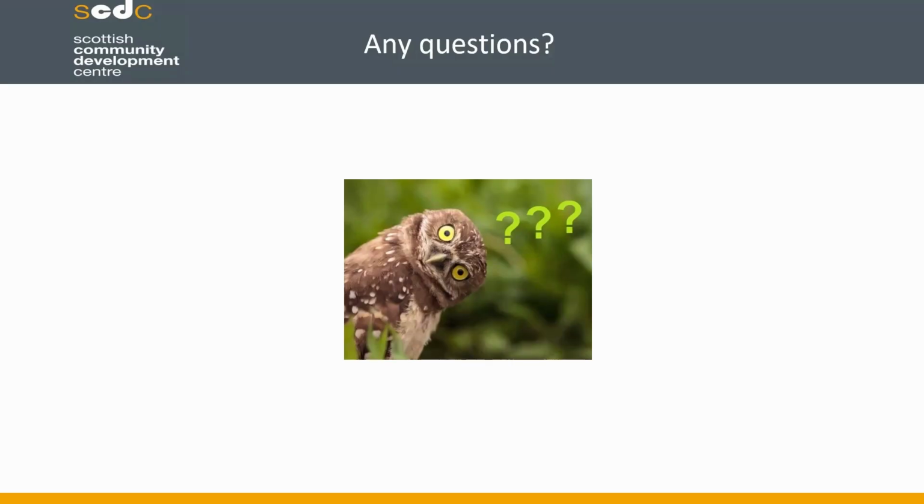Absolutely. So in terms of people's stories, I absolutely agree. It's very important that we protect people's safety in that space. There are some fantastic resources. A couple of years ago, SCDC and the Poverty Alliance worked together on a fantastic community research project called Knowledge is Power. And we'll send you the link to these resources afterwards. It has a lovely 2 or 3 pages on story dialogue, which is one of the techniques for that telling of stories.